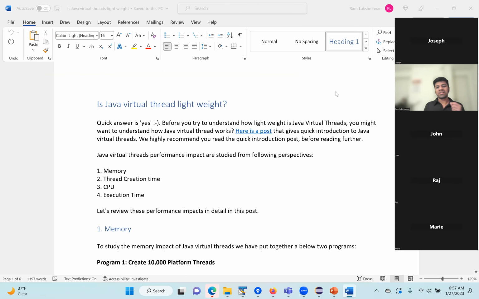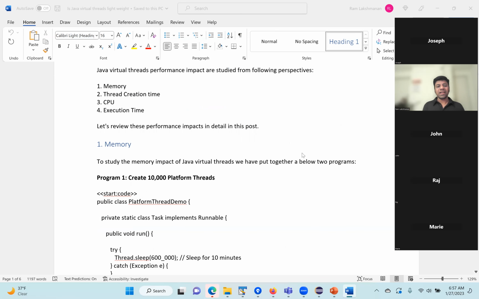Friends, let's discuss the performance impacts. That is to see whether the Java virtual thread is really lightweight. From these four perspectives: from memory, what is the performance impact of virtual threads on memory? What is the performance impact on thread creation time, the CPU consumption, and whether there's any difference in the exit? That's what we'll discuss. First, let's discuss the memory impact,